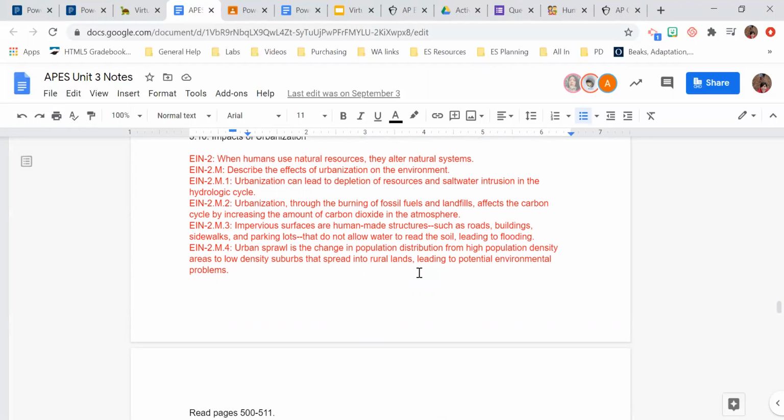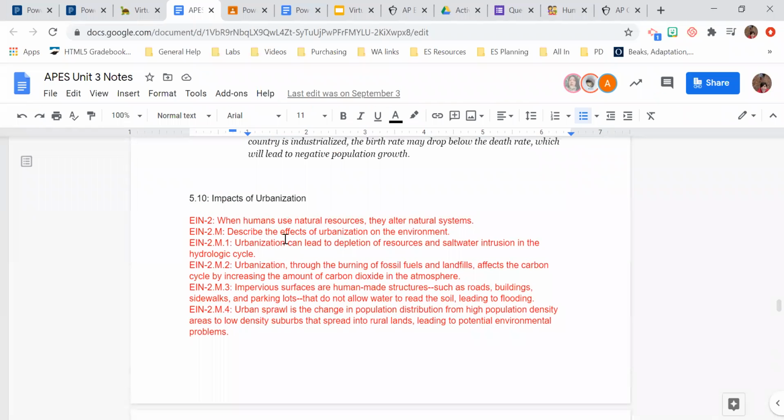So if you're looking on AP Classroom, I'm going to put together a progress check for you to take next week after your multiple choice one is done. That will be Unit 3 questions, but also a couple Unit 5 questions. The reason we're skipping ahead to part of Unit 5 is because this deals with urbanization. And when we talk about human population growth, we kind of have to talk about cities. Because when human population grows, we put people in cities. That's where most people end up.